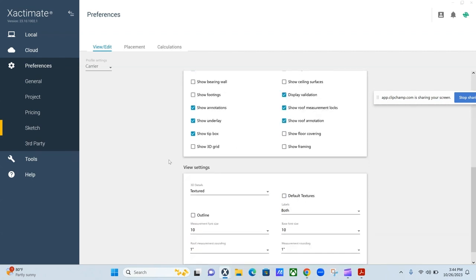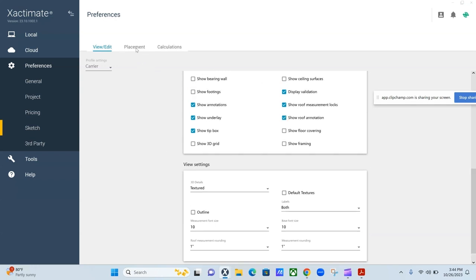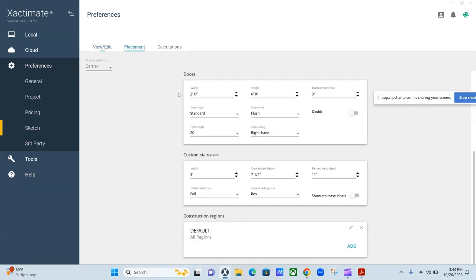Most of these things you don't really have to change. It's not going to make a big difference. Door size, this is all about the size of the door. This is for just the default door settings. Custom staircase, we don't really estimate a lot of staircases in the industry, but that's the default width. The risers,